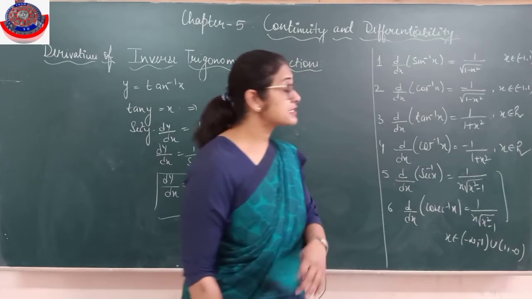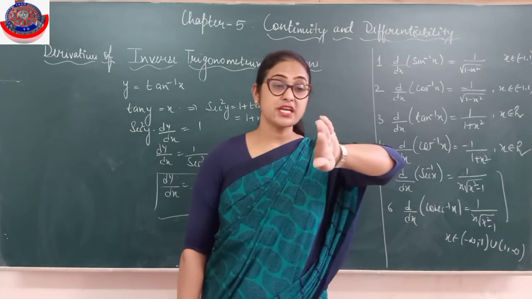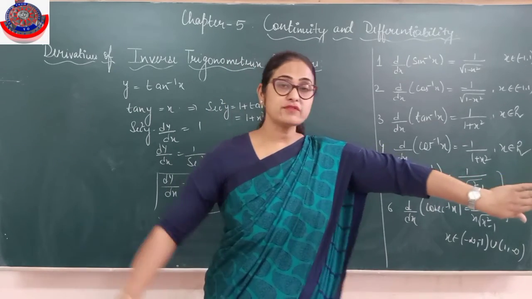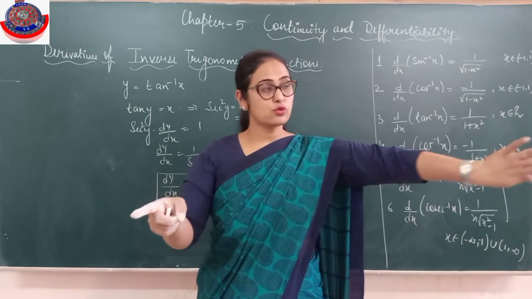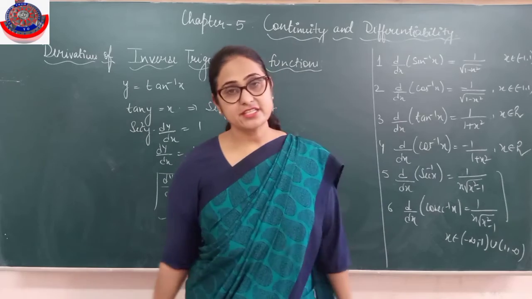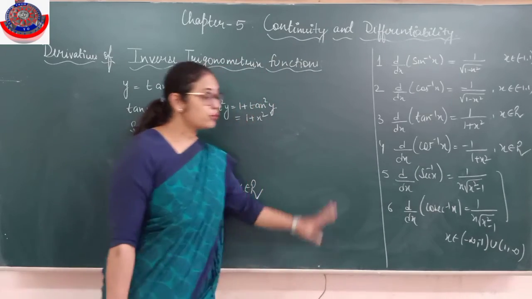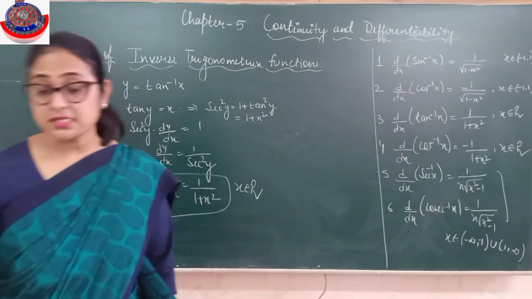If sine inverse gives the answer between -1 and 1, then secant inverse and cosecant inverse will go to this side of sine inverse and this side. Sine inverse is -1 to 1. It will go this side and it will go this side. This you need to keep in mind. I hope the formulas are clear to everyone.